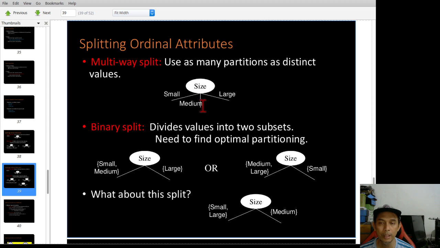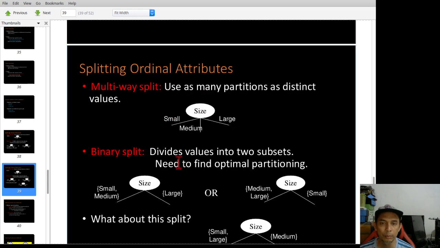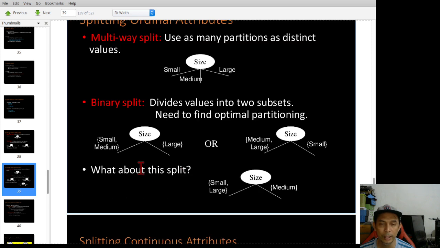With multi-way split, the complexity of the algorithm is higher because you have to check three branches, compared to binary split where you only need to check two branches. So again, the dilemma is whether you want to group small and medium in group A and large in group B, or medium and large in one group and small in another, or small and large in one group and medium in another.